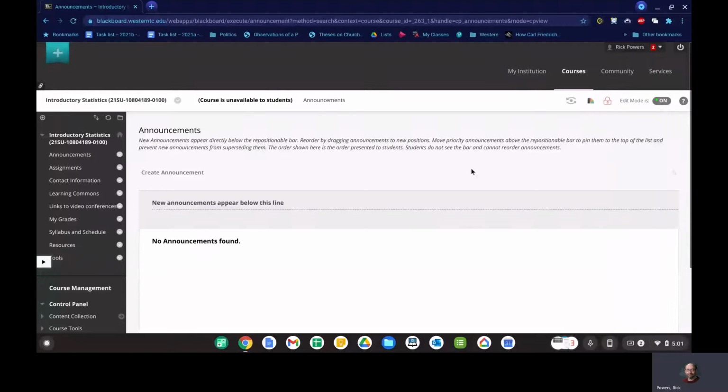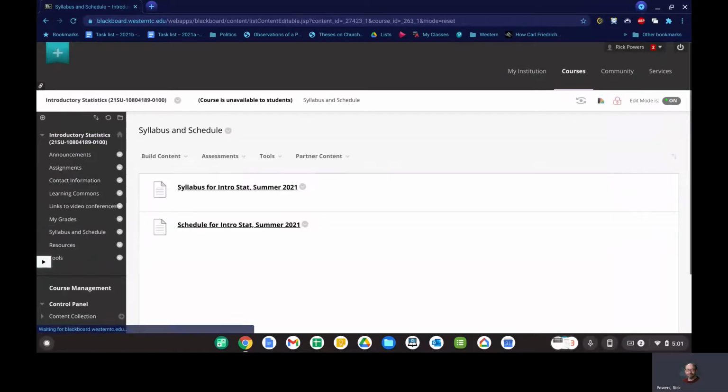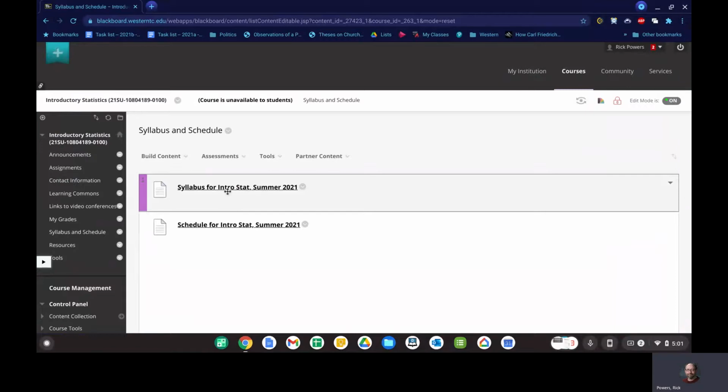And what you'll notice is that we have a list of different things on the left-hand side here for you to access. And I want to highlight a few of them. The first thing I want you to be aware of is the tab that says Syllabus and Schedule. So here we have the syllabus, which goes through a lot of important information about the class itself,